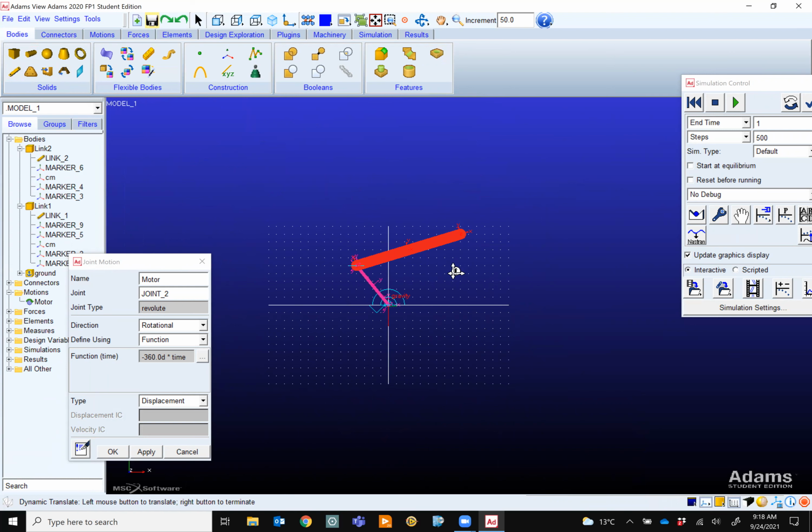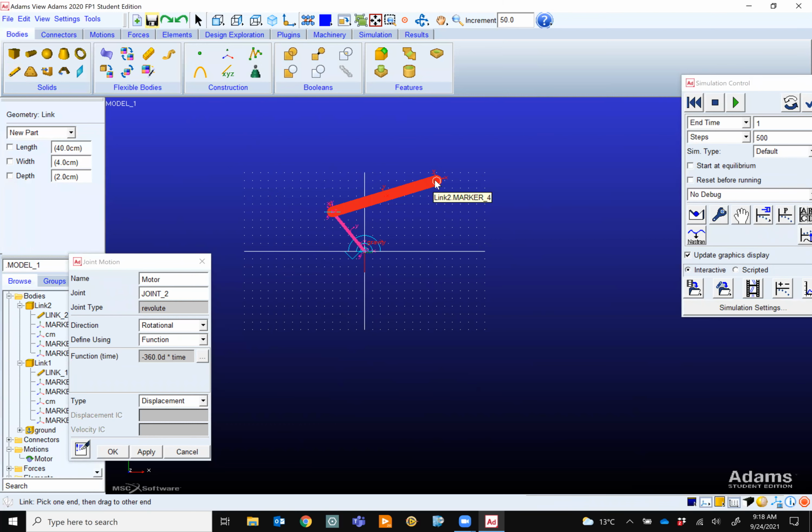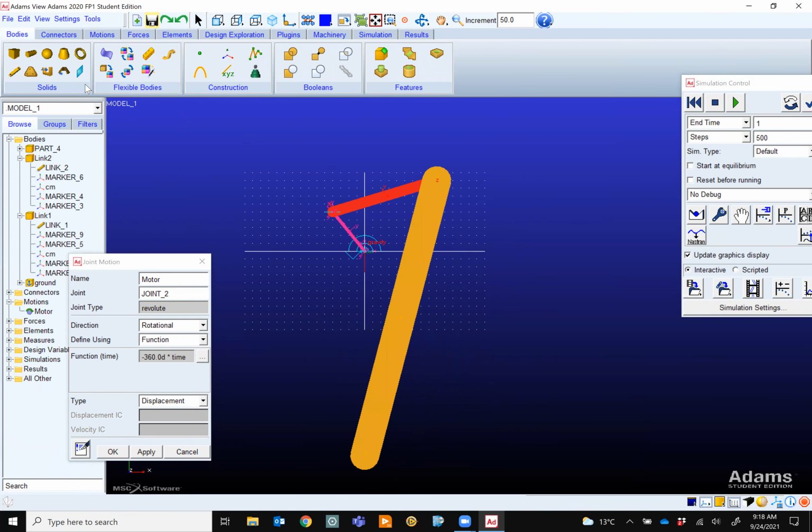I guess if I make this link very, very large, then the mechanism can work. Maybe we should have some size or something. Let's try that one and see what it will do.